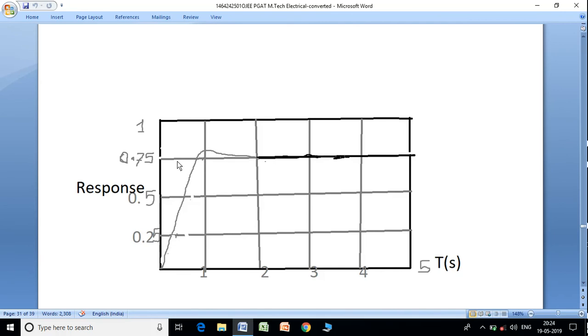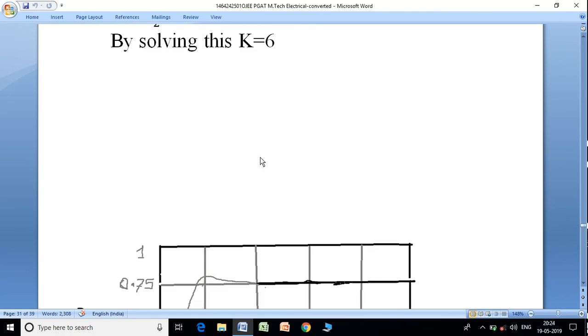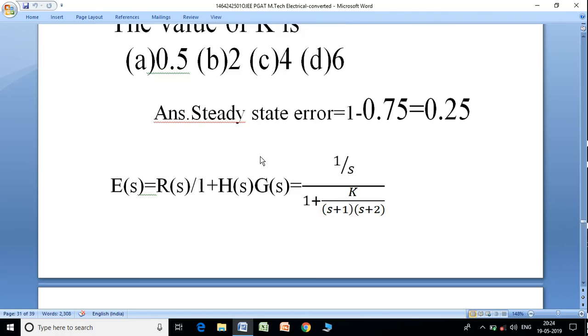So the steady state error is 1 minus 0.75. Because the response settles at 0.75, it is not touching 1, therefore the error is 1 minus 0.75, which is equal to 0.25. So the steady state error,